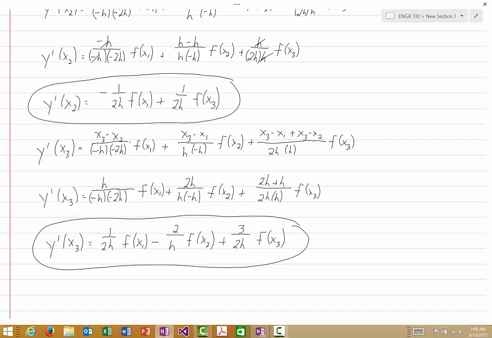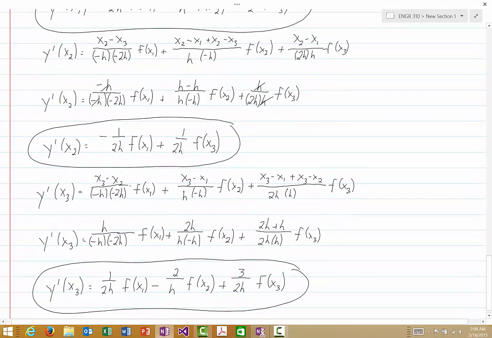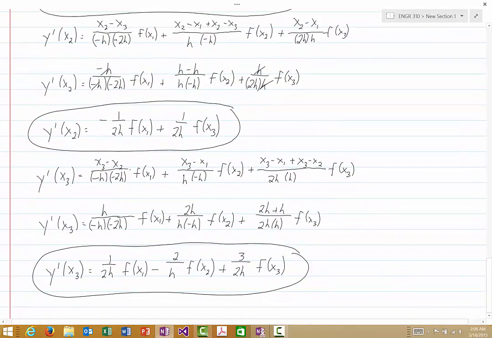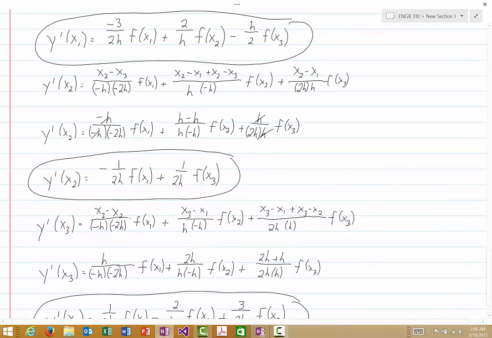And that is our formula for the numerical derivative at x3. So these three formulas, y prime at x1, y prime at x2, and y prime at x3, as I said, have the same information as the three formulas given in 14 on page 839 of your text, and they are the values for the numerical derivative when you have three equally spaced points, x1, x2, and x3,